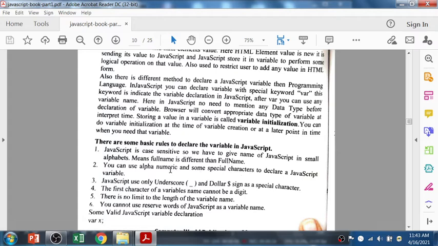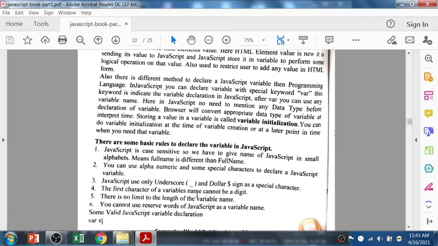You can use alphanumeric characters and some special characters to declare a JavaScript variable. JavaScript uses only underscore and dollar symbols, so other symbols are not allowed except underscore and dollar. The first character of the variable name cannot be a digit.